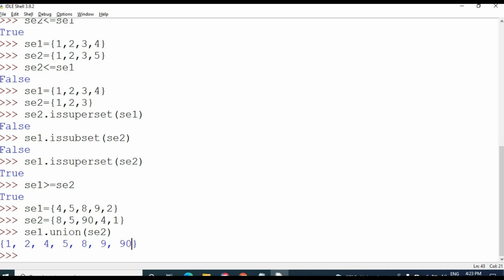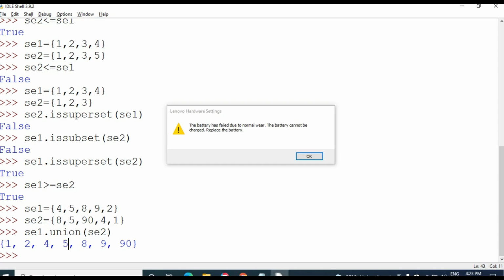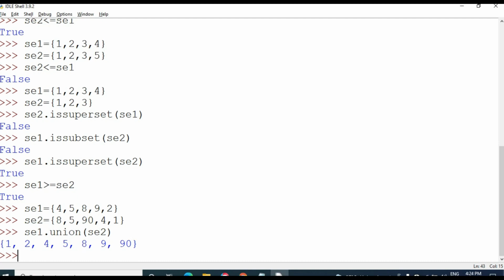See, 1, 2, 4, 5, 8, 9, 90. The duplicate element 4 is present in both set 1 and set 2, so it displays only once. 2 is available only in set 1. 5 is available in both sets, so it appears only one time, and 8 is available twice but comes only once.